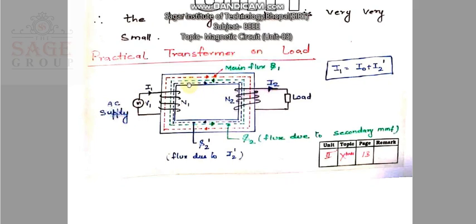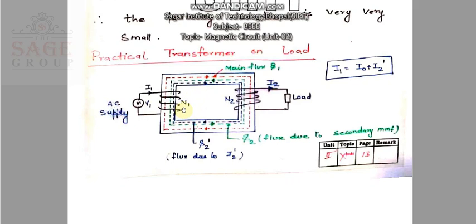As you see here, this is a transformer, and in this transformer we have two windings. This is your primary winding and this is your secondary winding. In the primary winding you have supplied an AC supply of V1 voltage, and when you supply this V1 voltage at the terminal of this primary winding, and this winding has a closed path, I1 current starts flowing in this winding. And due to this I1 current, an EMF is induced in the coil, and that EMF will be, suppose, E1. Here it is written N1, where N1 is the number of turns.